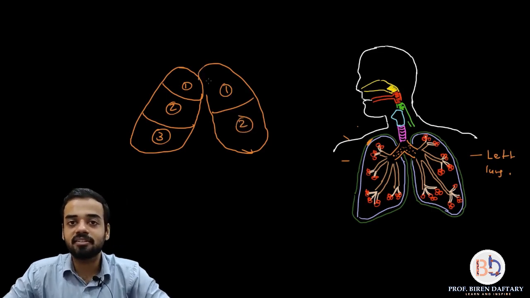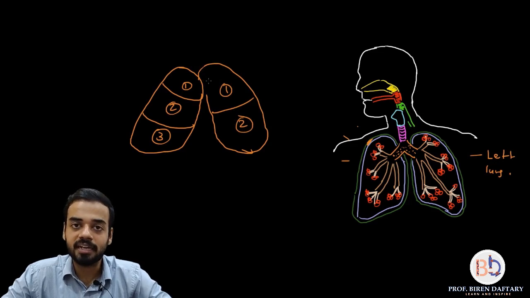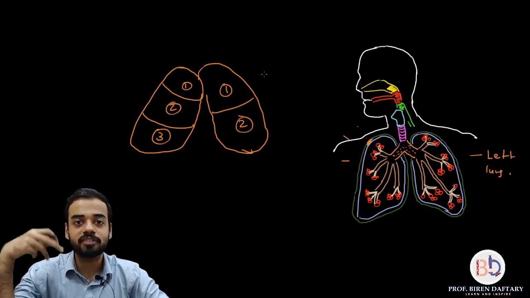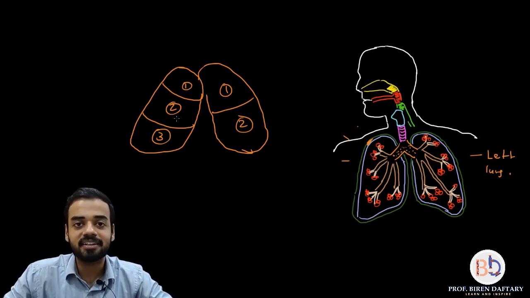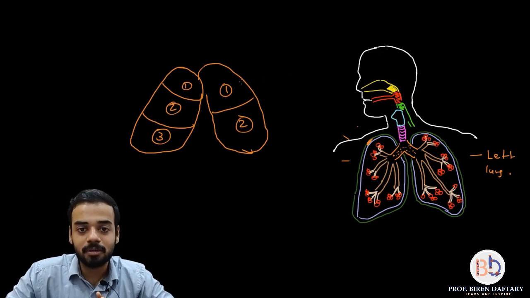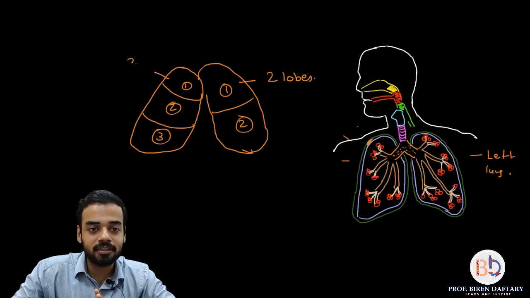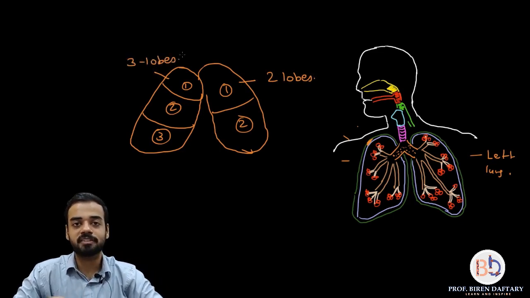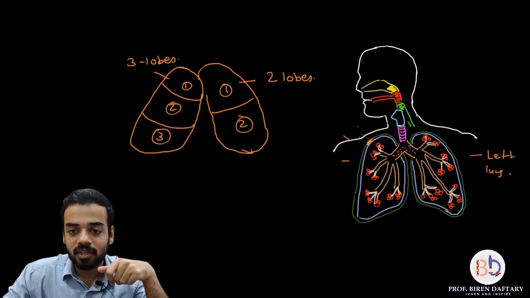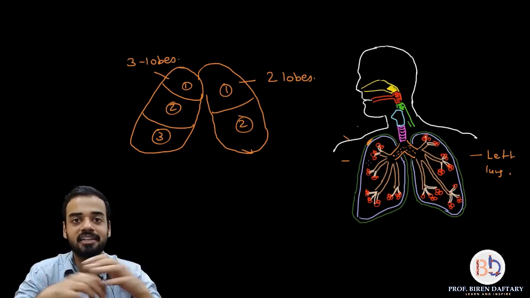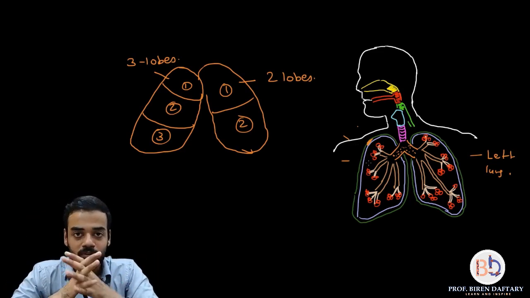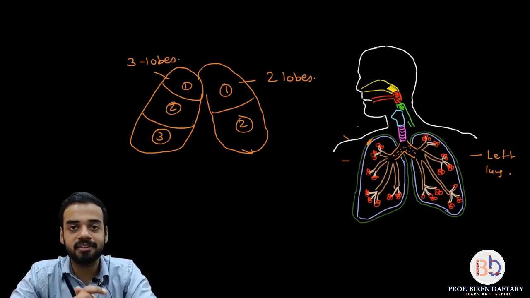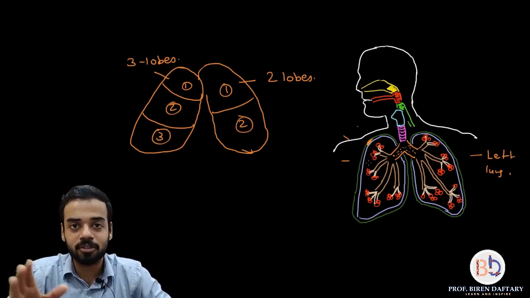Now the exact reason for this is still not known. In every person, if you see the lung from outside, on the left you will see 2 parts, and on the right side the lung will be made of 3 parts. So please remember, the left lung has only 2 lobes and the right lung is made up of 3 lobes. There is no specific reason for that, and inside the lobes all these bronchioles are attached or embedded. Is this clear? So we have finished with the lungs as well, and with that we finish the entire anatomy of the respiratory system.